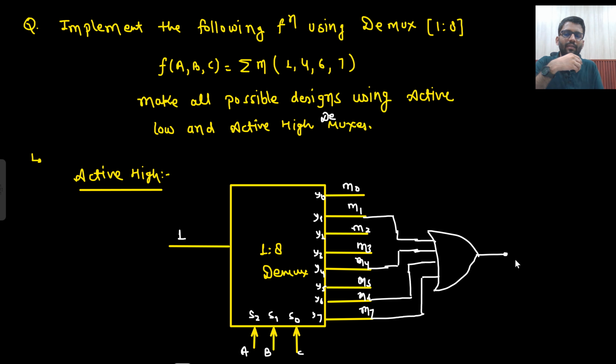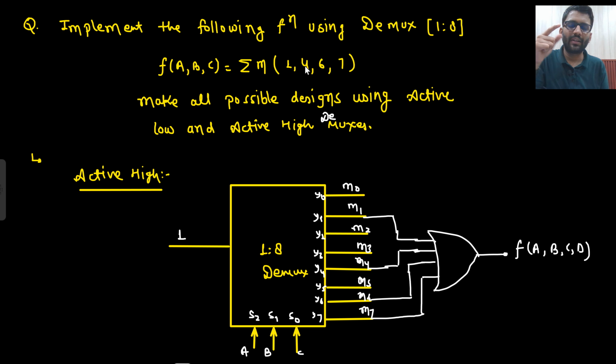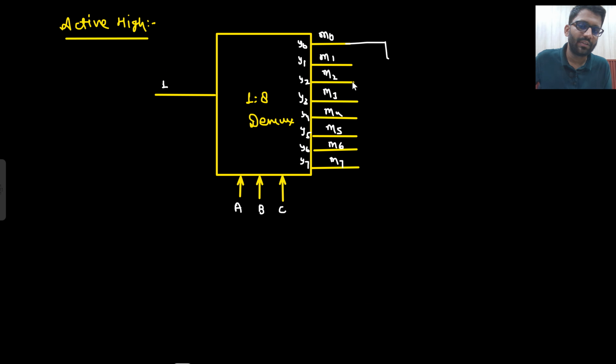So this will be my F. Now my question is, is this the only way you can implement it? No, this is not the only way. Why so? What I can do is that I can pick 0, 1 is already there, no? So I can pick 0, 2, 3, 5. 0, 2, 3, and 5. I can pick these,